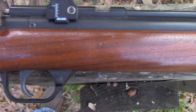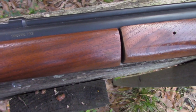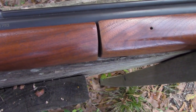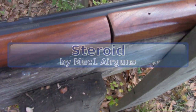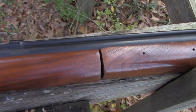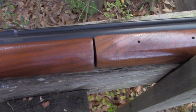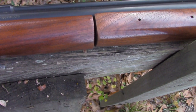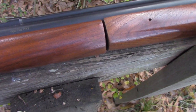I've thought about sending this one off to Tim McMurray and have the, what's he call it? Anyway, have it worked over. I don't remember right now what he calls that, but I don't know if I'll do it or not though, because I haven't shot it very much, as I said, and it'll last a long time that way. Probably last a long time anyway, the way that I shoot it, which is normally just pump it up a few pumps and use it for plinking, and maybe occasionally pump it up the full 8 for squirrel or rabbit hunting,